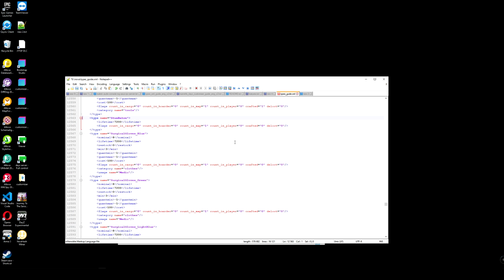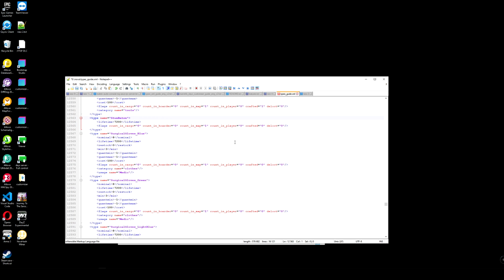But it will not spawn on the map by itself, but you can call it from other methods, like from events, dynamic events, or for example, if it shouldn't be persistent, so these types do not persist.